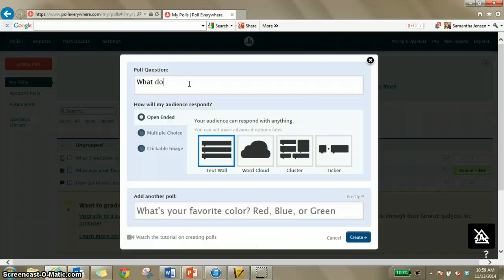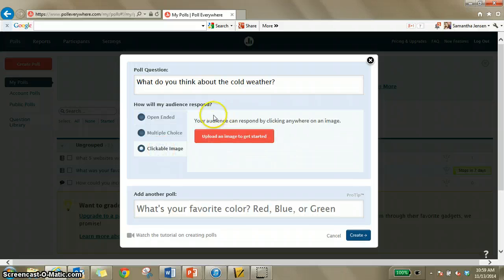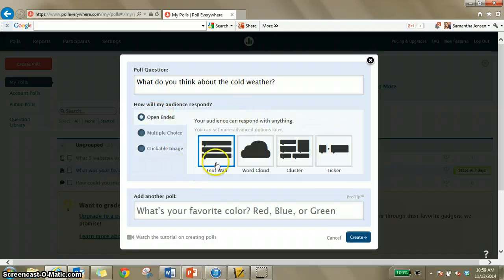What do you think about the cold weather? And you can have it open-ended or multiple choice, or even a clickable image, and clickable image is pretty cool. You upload an image and you can say find the taxi in the picture, and the students have to click on the correct area of the photo to get it right. So that's pretty cool. But we're going to go with open-ended,